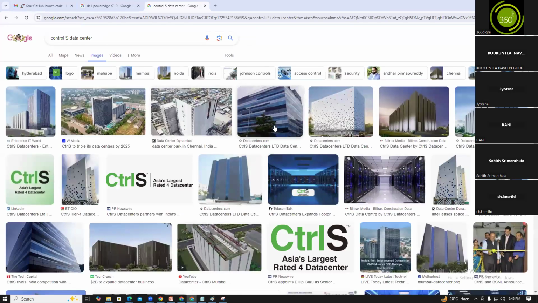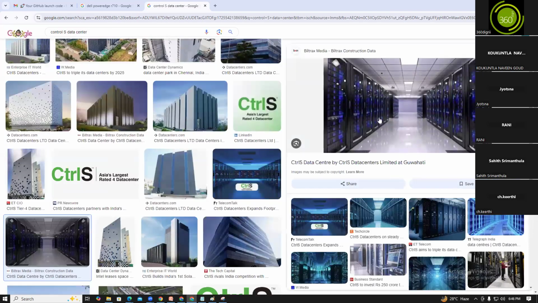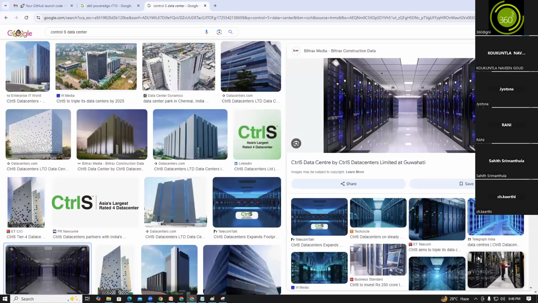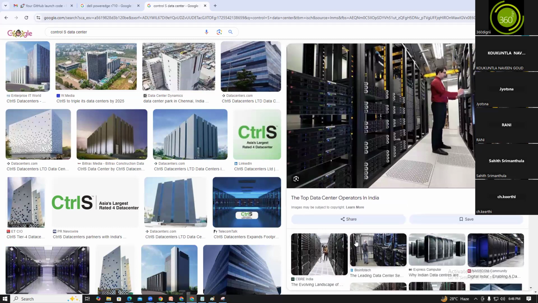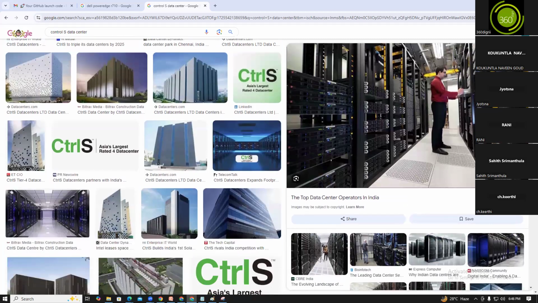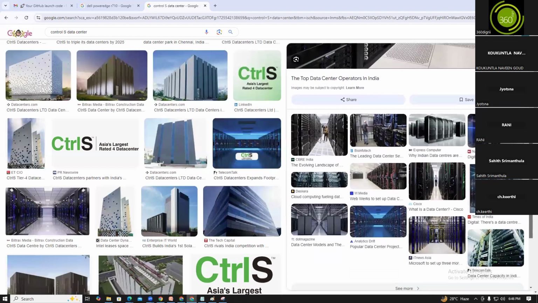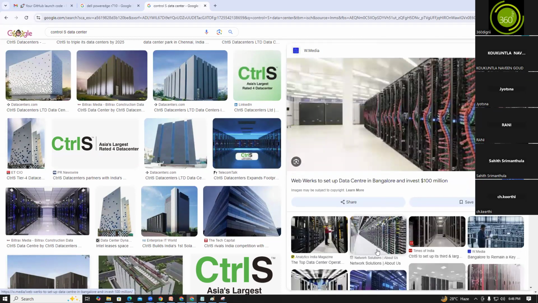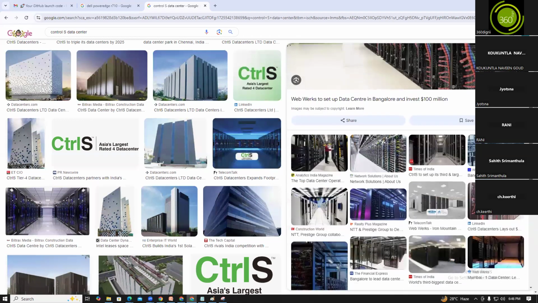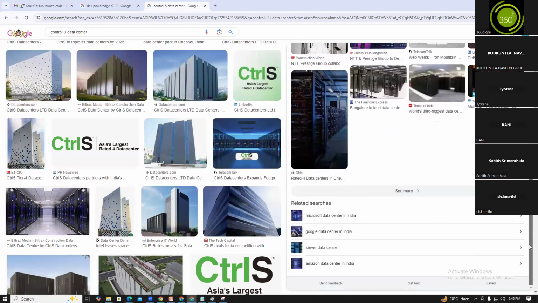So what are they providing? For example, this is the data center, and in the data center they are providing rental space. You see, guys, these are the racks. In the racks we are keeping our servers. Are you able to see? I will show you the exact